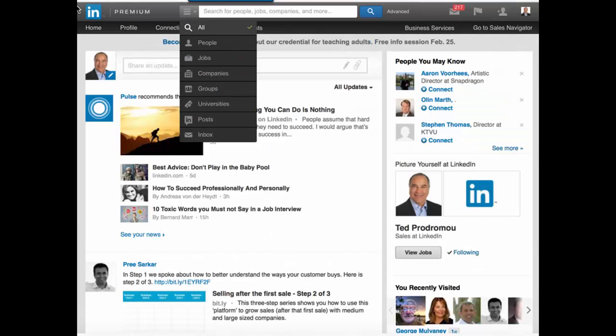This is the search box up at the top. If you look on the left side, this is called the Smart Search bar. By default, all is checked, and it searches for people, jobs, companies, and all those things listed in the columns. If you want to just look for people, you just drop down and select people, jobs, companies. So you can be more specific.